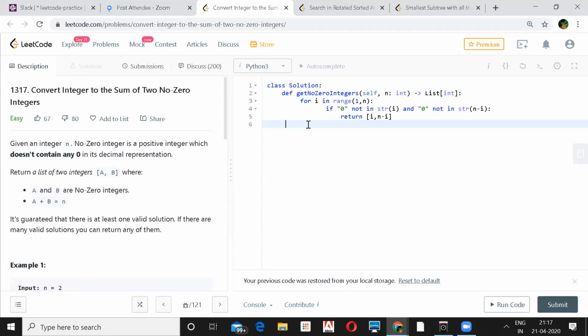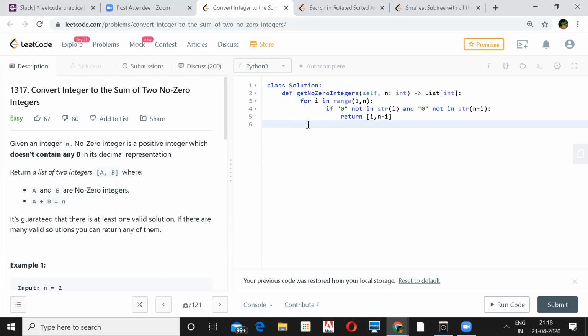How is the modulo operator better in terms of finding zeros? So you're basically dividing by 10 every time. Yes, I'm not converting the integer into a string and then doing a string find. Instead, I'm just doing modulo 10 and divide by 10 until I find a 0. If I find the first 0, I would just return. So it's a similar approach: take the number and the target minus the number, see if both of them don't have zeros, and return it. It's just a slightly different way of implementing it. It saves space, right? The runtime will be the same, I think. Yeah, it is not creating new strings for each combination.